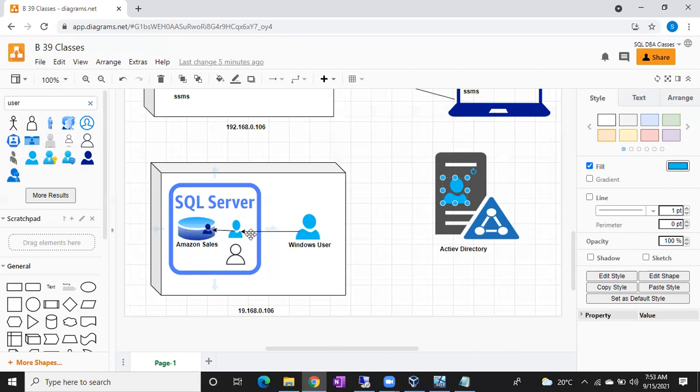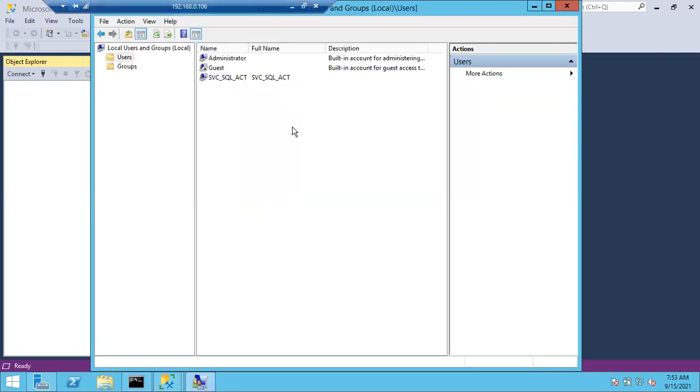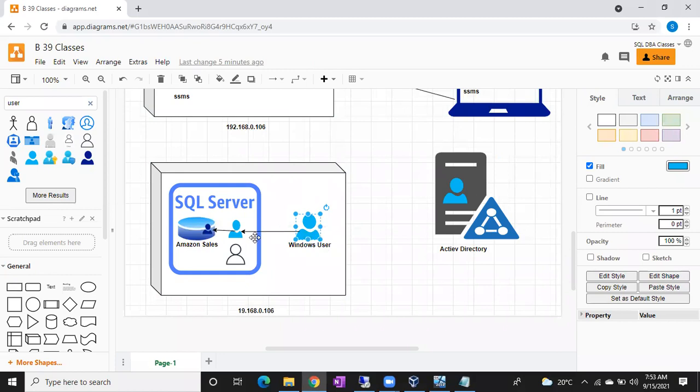Even though I have 100 accounts in the Windows machine, imagine in this screen 100 accounts are there, but I only created Windows logins for 10 accounts. Only those 10 people can connect to my SQL Server. Don't think all Windows users can. That is the main difference you have to understand here. Not all Windows users can access my SQL Server. The condition is that a Windows user should exist, and for them I have to create a Windows login in SQL Server and give permission. Then only they can connect to my SQL Server or databases.